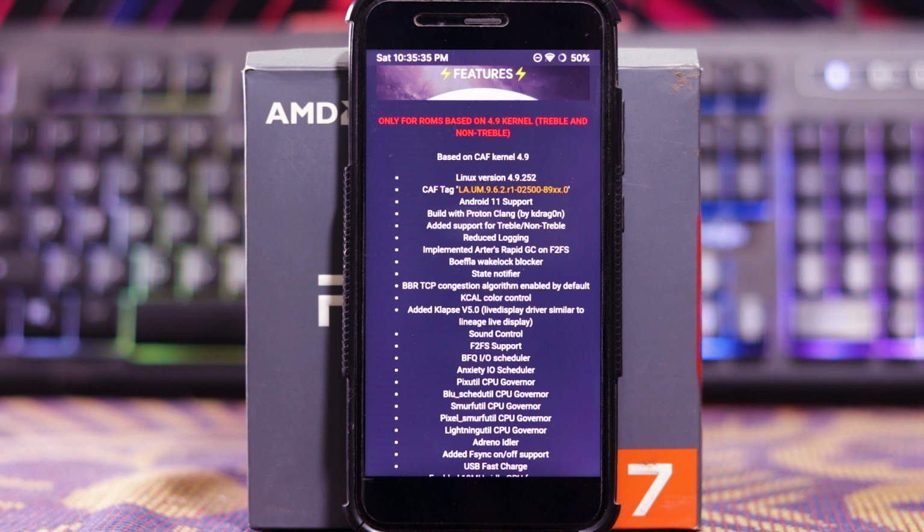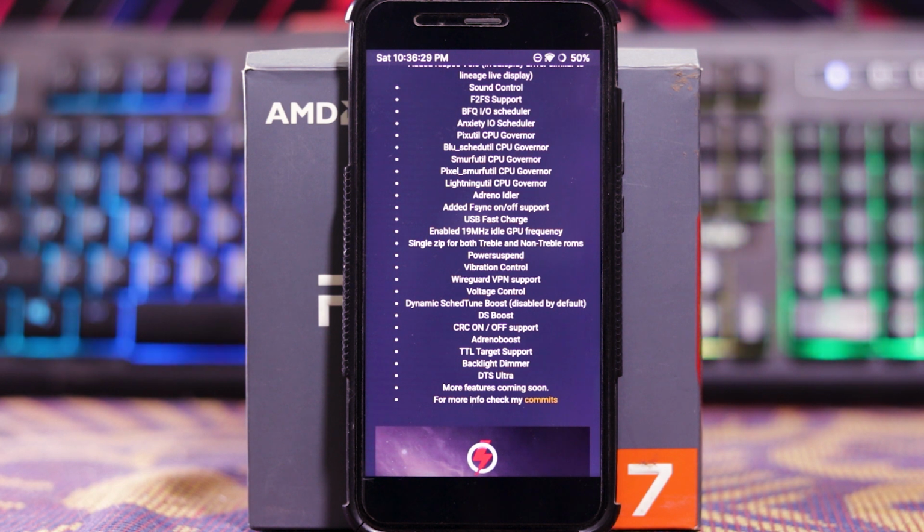to the Lineage live display, and it has sound control, F2FS control, BFQ IO scheduler, Anxiety IO scheduler, Schedutil CPU governor, Blue Schedutil CPU governor, Smurfutil CPU governor, Pixel Smurfutil CPU governor, Lightning Util CPU governor, Adreno Idler, added F-Sync on-off support, USB fast charge, enable 19 MHz idle CPU frequency, single zip for both treble and non-treble